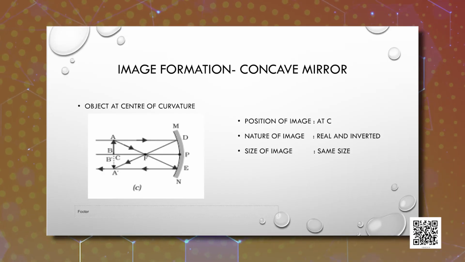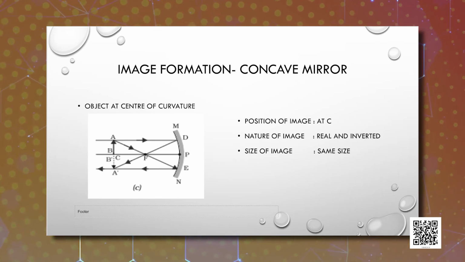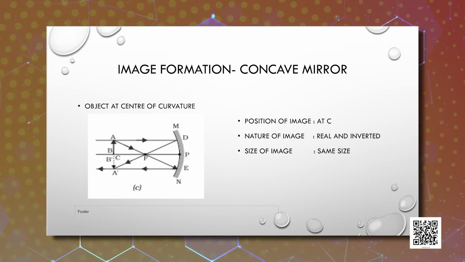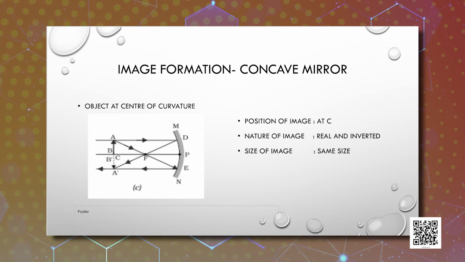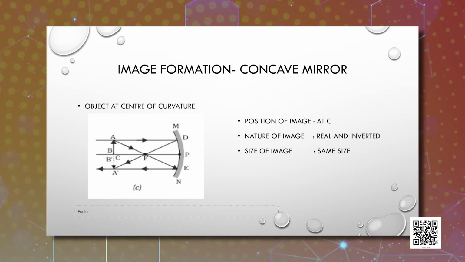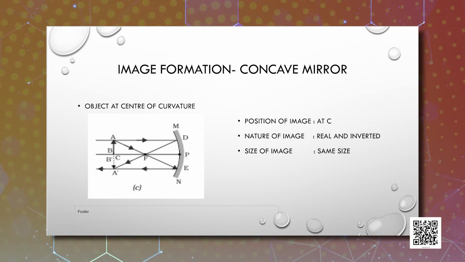Another ray passing through the center of curvature of the mirror will simply retrace its own path. Both reflected rays will meet between focus and center of curvature of the mirror, forming a real, inverted and diminished